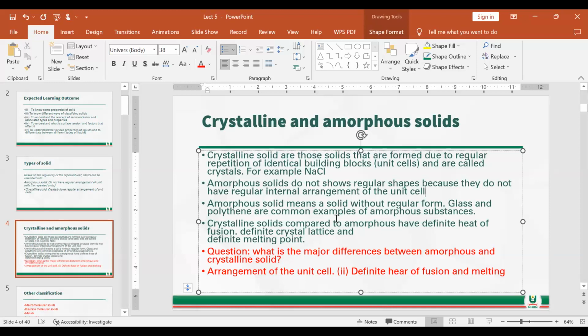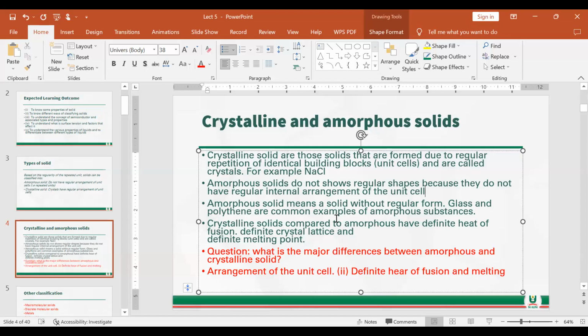They don't have regular form. The example is glass and polythene, but crystals have a regular form, and a definite heat of fusion, values for heat of fusion, crystal lattice, and definite melting point. That means the melting point of